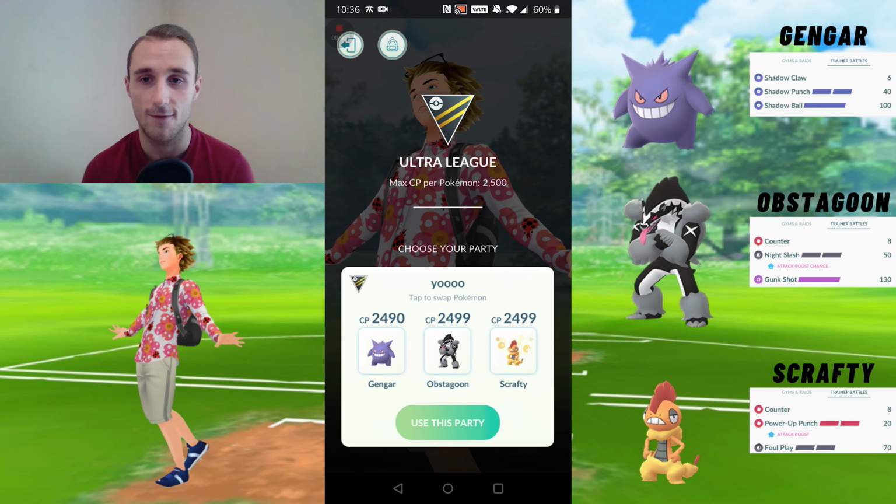That Gunk Shot is there for the Charmers, and I use the Obstagoon as my bait Pokemon, so I can bring out either the Counter User or the Charmer, which would otherwise just destroy my backline. So if I can bring it out early in the game, then I can bring my Gengar back in, take out whichever Pokemon they brought in, and then my Scrafty with Counter, Power Punch and Foul Play should be pretty